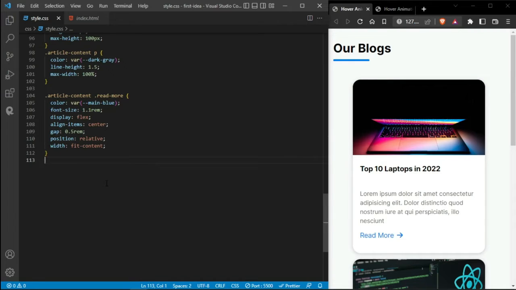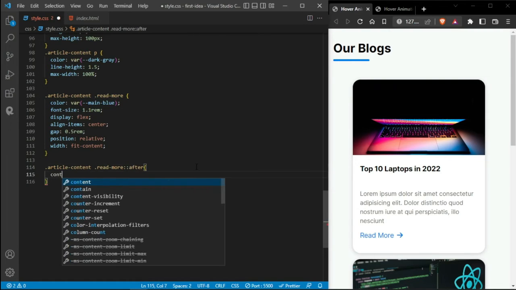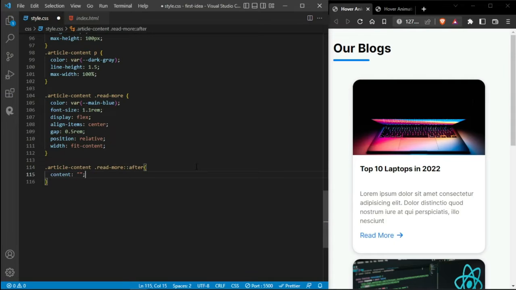The idea here is we are using the pseudo element, which is after. So we have article content. Don't bother yourself with those classes. We are interested in .read-more, which is the link itself. So we'll give it a position relative, which is so important because we will position the line beneath it as a position absolute. So we will give it ::after and give it a content which is blank, and the